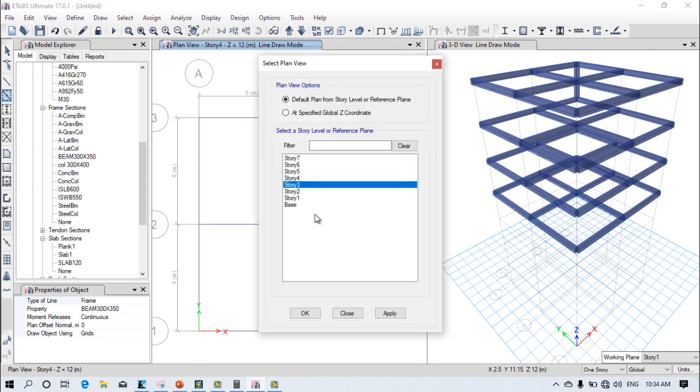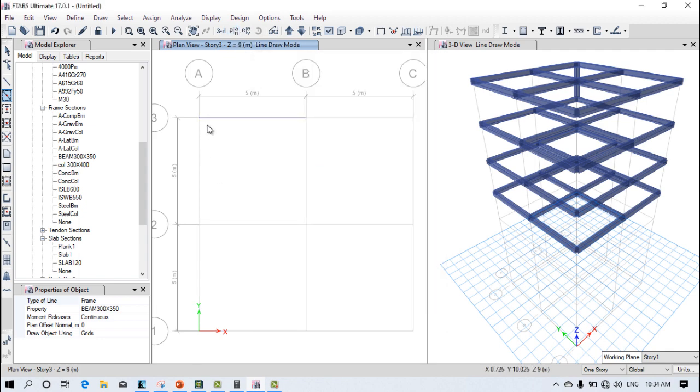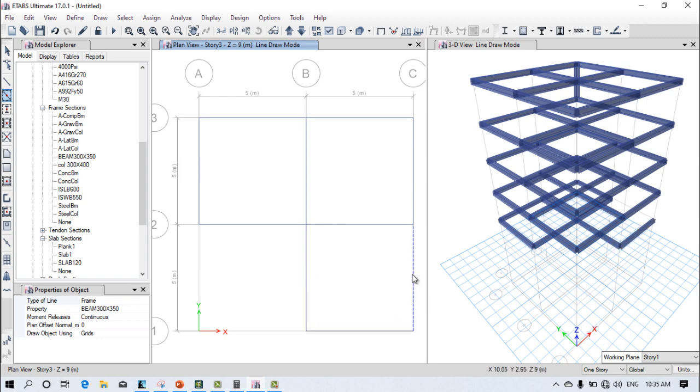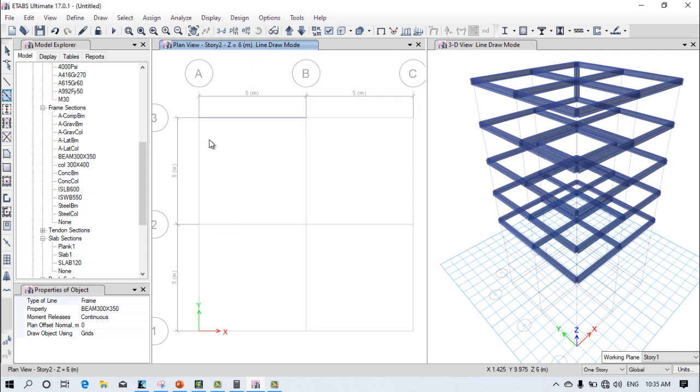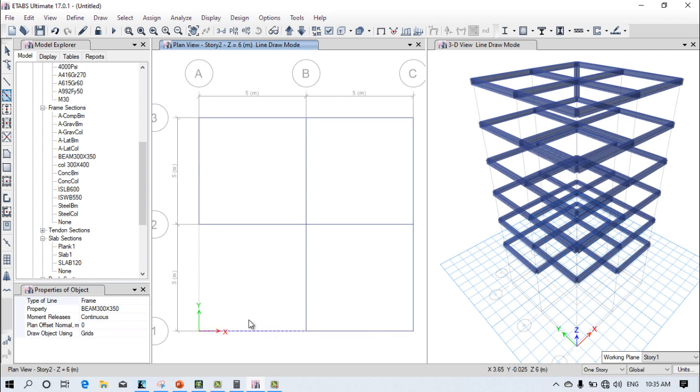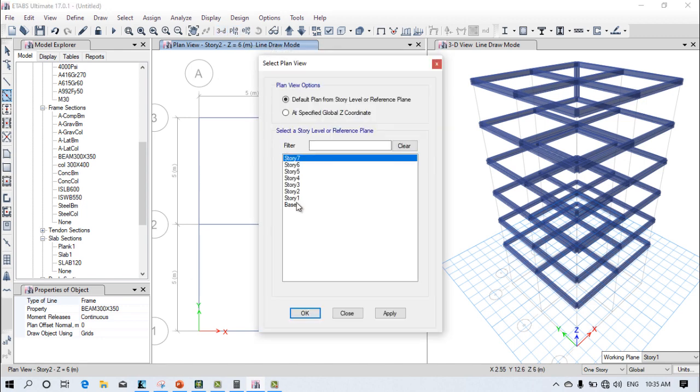Now go to the third story, click on apply. Okay, like this. It's quite lengthy actually. But I'll tell you a short way to do all these things. But before doing the short way, you should know the lengthy way first, right? It takes time, because it is a somewhat lengthy process, but you can simply understand that whenever you want to provide different kinds of dimensions, you need to go through this only,